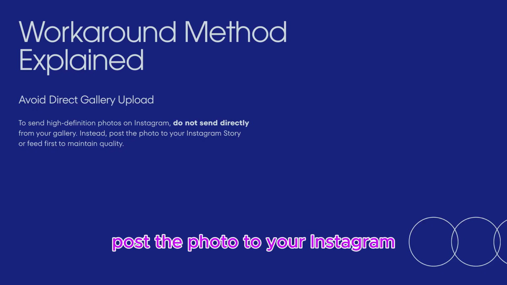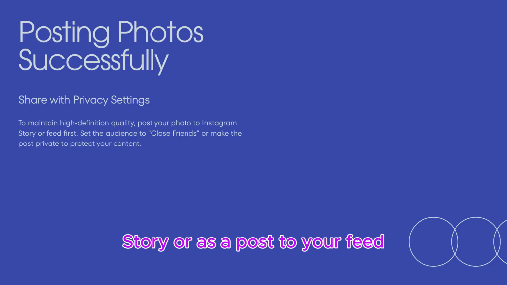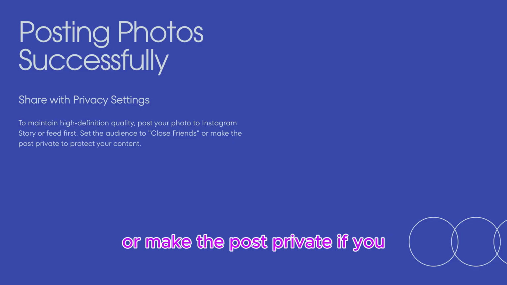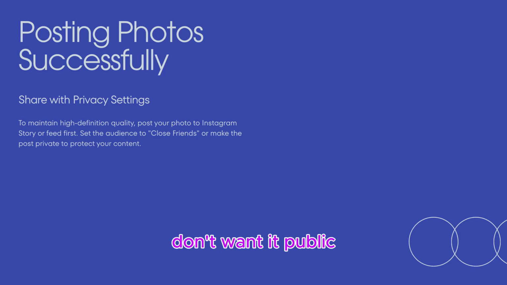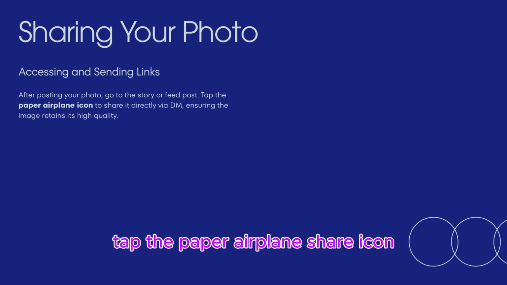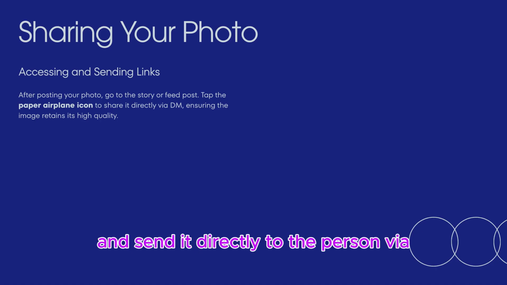First, post the photo to your Instagram story or as a post to your feed. Set the audience to close friends or make the post private if you don't want it public. Once posted, go to that story or post, tap the paper airplane share icon and send it directly to the